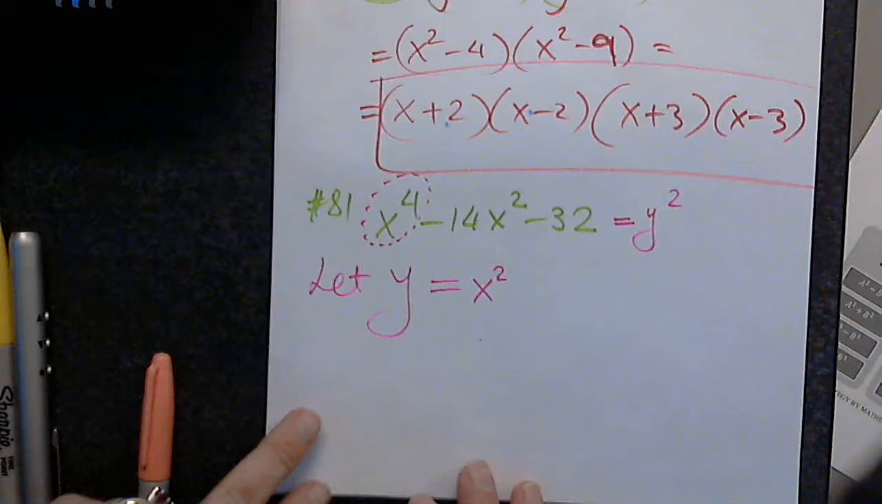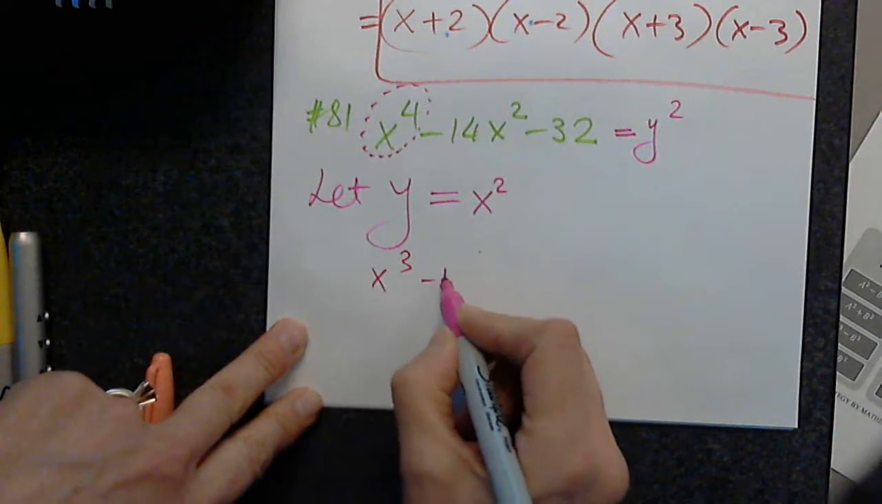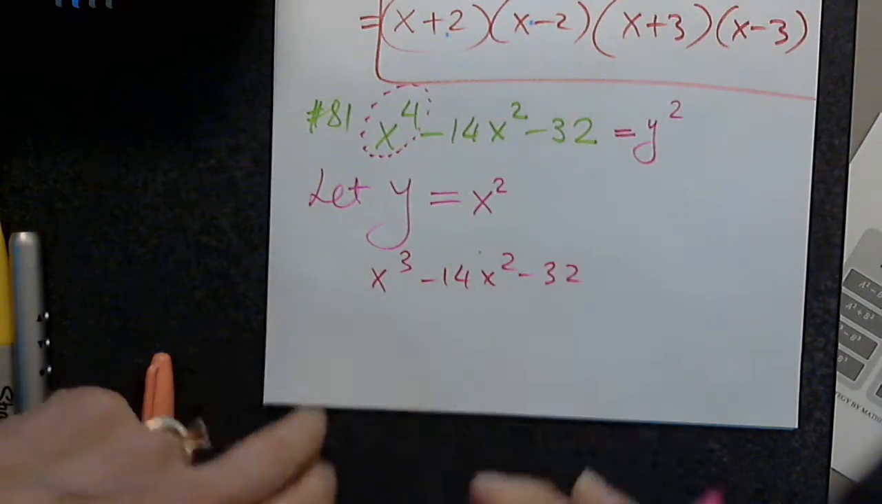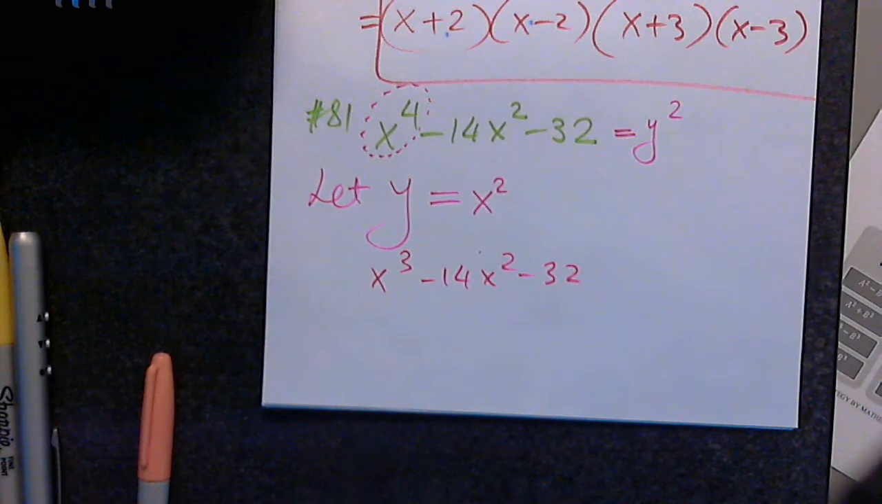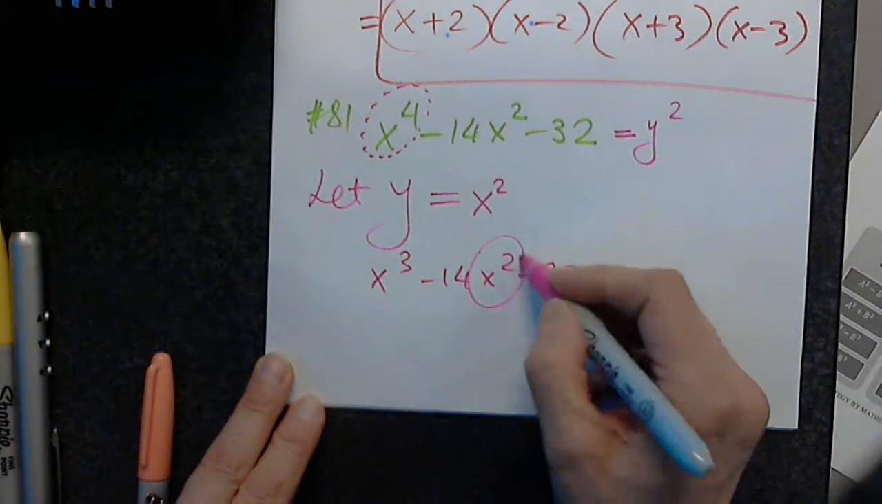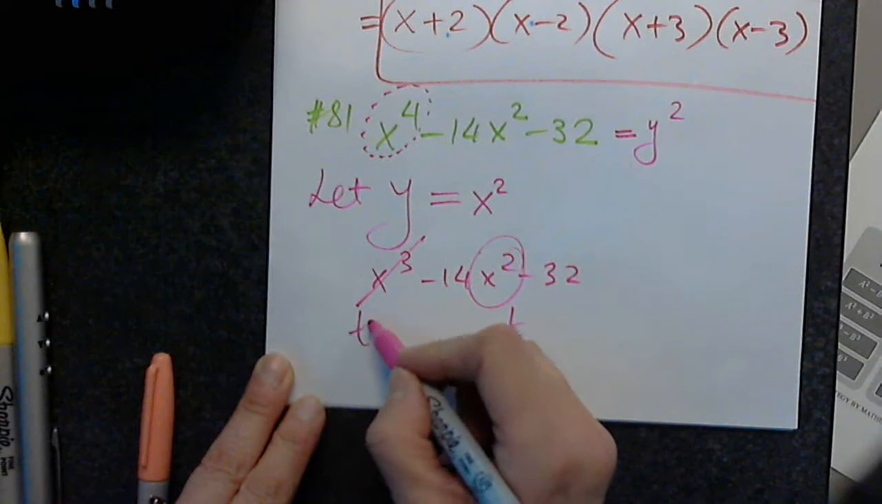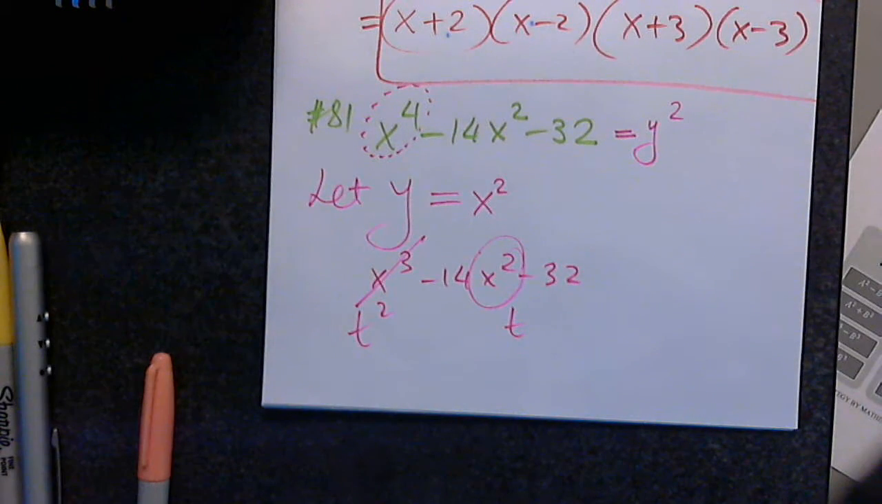For example, if I have x to the third minus 14x squared minus 32, there is nothing we can do here. Why? Because if I denote, let's say, this by t, this does not equal t squared. So this polynomial is not quadratic in form. Therefore, I cannot use the method that we are trying to apply. So what will you say is the new polynomial? y squared